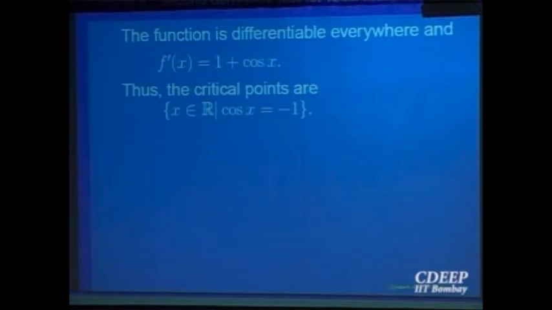The derivative is always non-negative, so the function is everywhere increasing. And if a function is everywhere increasing, there is no question of it having local maxima or local minima. Now all these points are the points where the derivative is equal to 0, but none of them is a point of local maxima or local minima. The function is everywhere increasing. The points where the derivative becomes 0 are the points where the tangent becomes horizontal. It's like y equal to x cubed. At 0, the tangent is horizontal. So something similar is happening at these points.